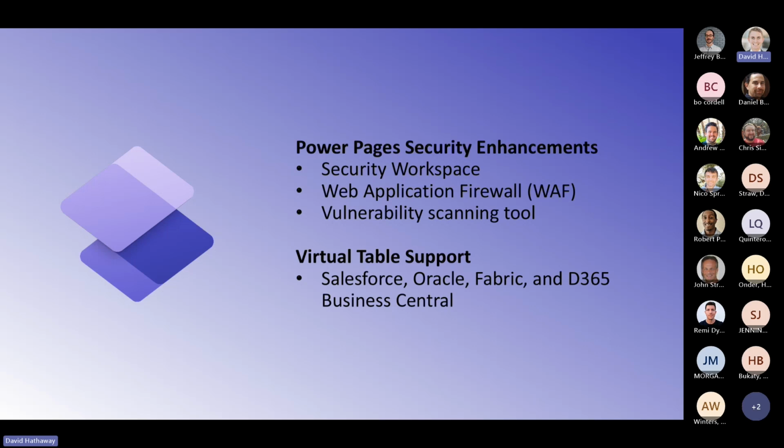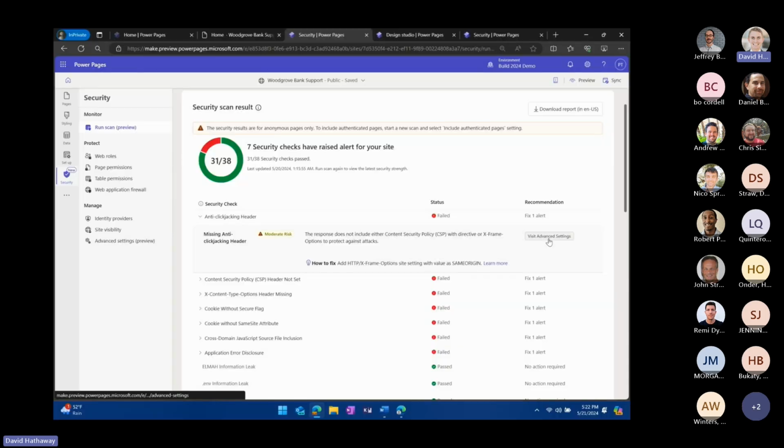Just to show off the security workspace a little bit, this is a screenshot of what it looks like. You see that this is the security scan feature. It lists out a number of things and highlights items in the scan checklist that passed and items that failed, and you can open up the failed ones and it provides recommendations. You can see up here at the top, it provides some recommendations on how to fix. That's pretty great as well.